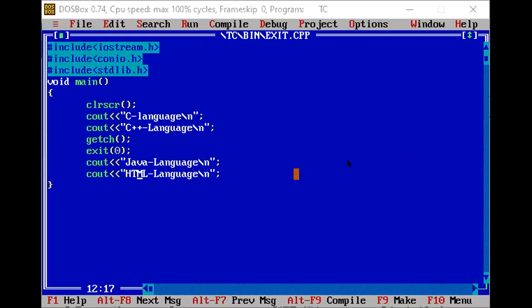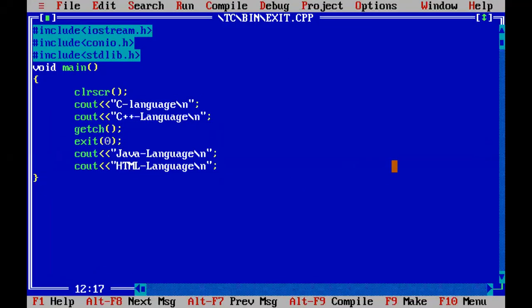Is the editor screen visible? Fine. So we'll discuss here.